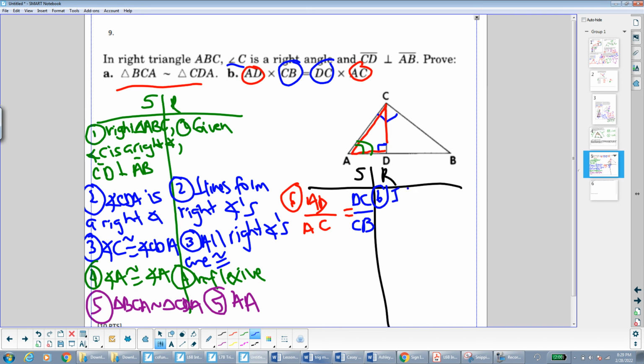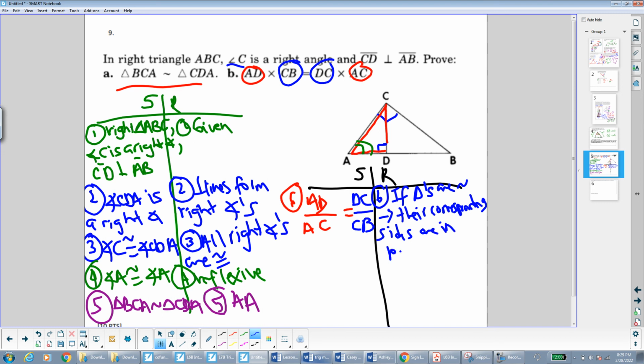If triangles are similar, then their corresponding sides are in proportion or are proportional. There we go. And finally, to finish it up, it's one more step to get from a proportion to a